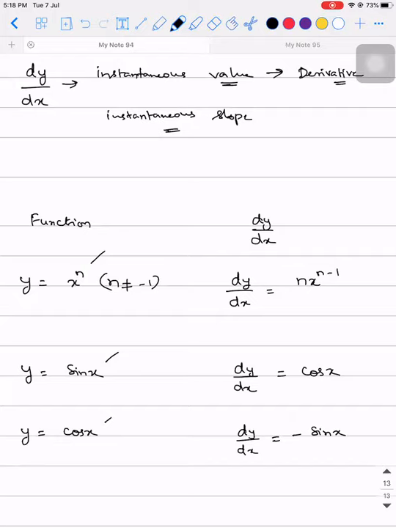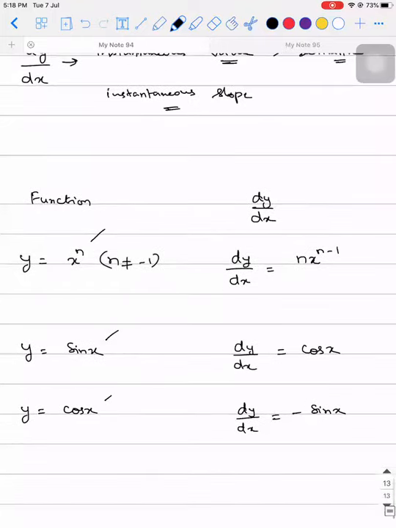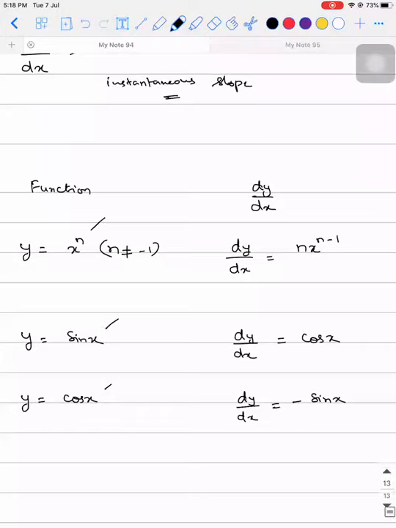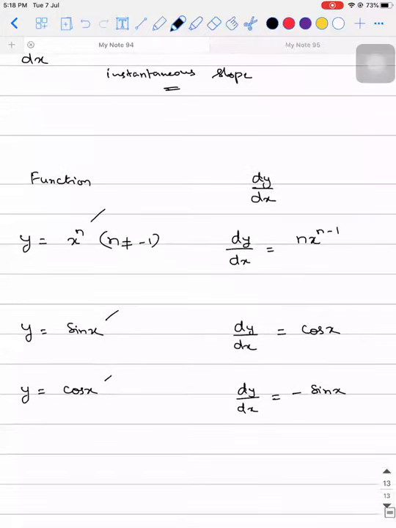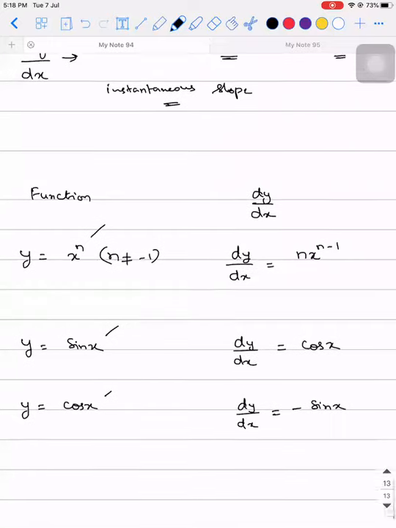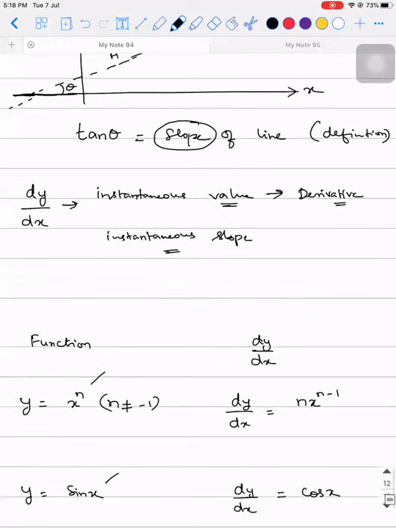Are you clear with this? How to use it, I will teach you. That part you leave it to me. As of now, is this thing clear, or is there any term that is confusing you? If there is any doubt, get it clarified.